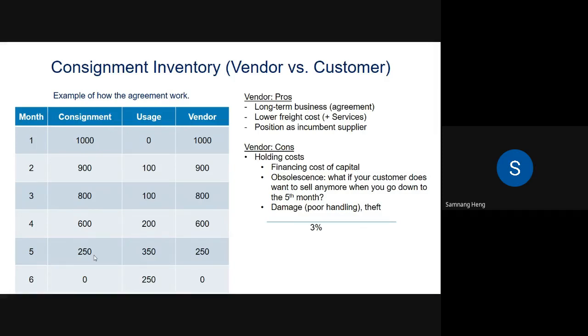Again, if they don't want to sell, and if they don't want to keep our product in their warehouse for so long, that's also a problem. Because sometimes with consignment inventory, it takes their space. So yeah, some warehouses don't want us to use their space for more than 3 or 4 months. So what if they cannot sell all our product within that period of time? Then we're gonna have a problem with that.